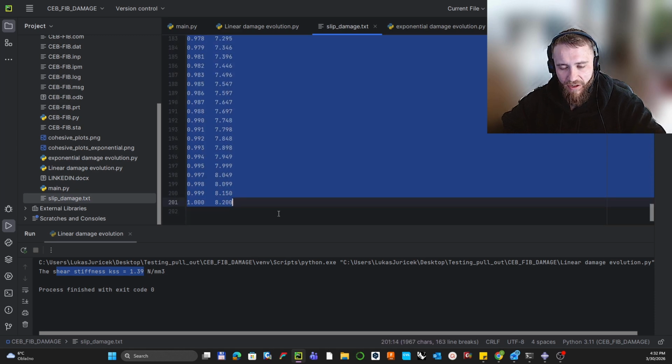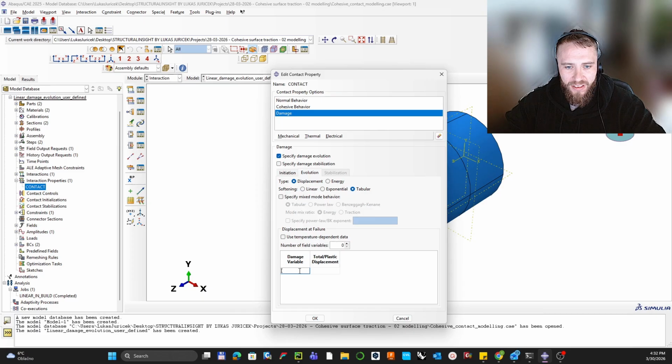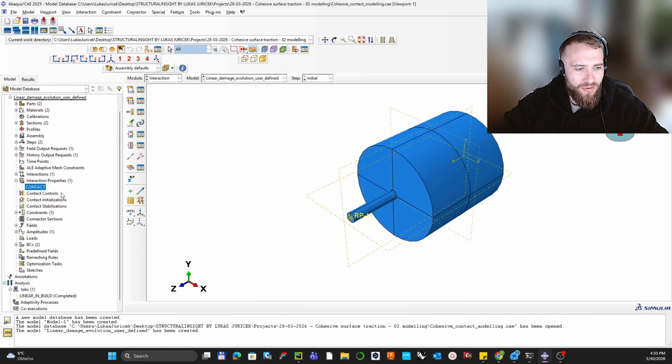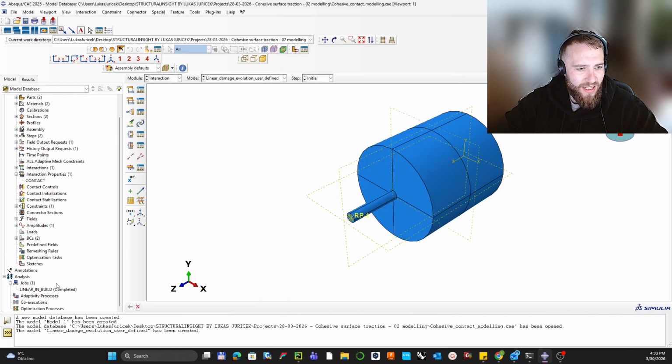So this is my final value. I will just step in here. Okay, so for the first damage here, I will put 0, and here displacement will be 0. And once I check it here, I need to insert a row after. There will be a 1 and 8.2. Okay, so this is how it should be working. Once I confirm that, I will create